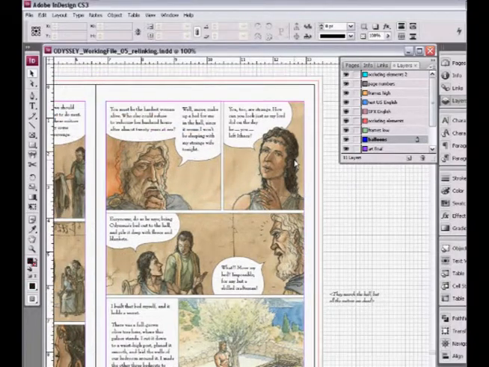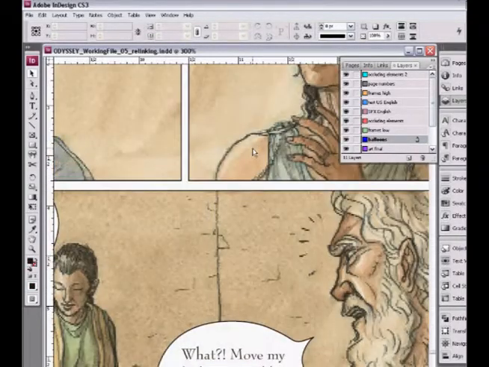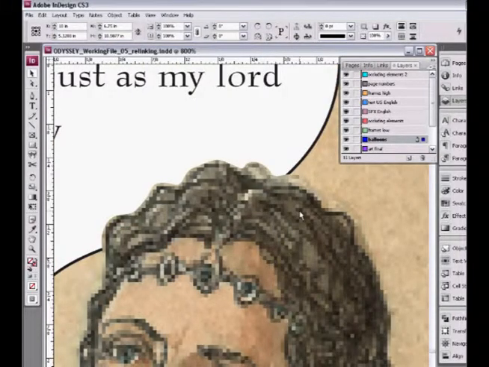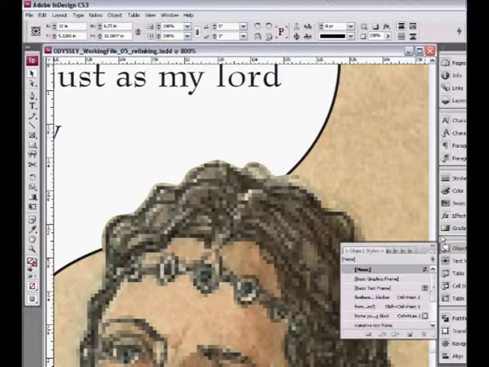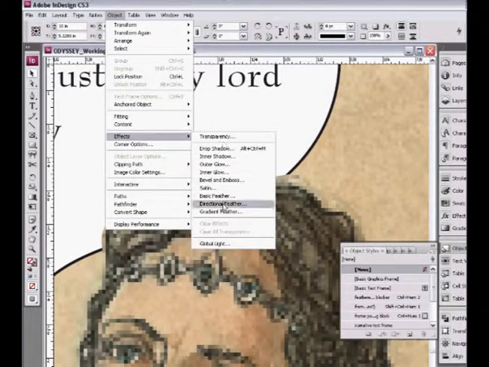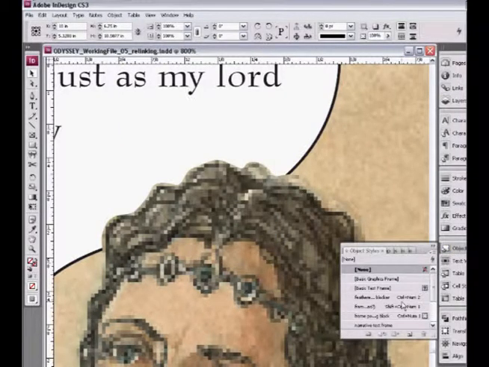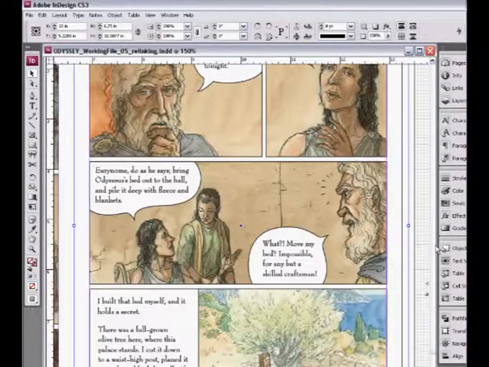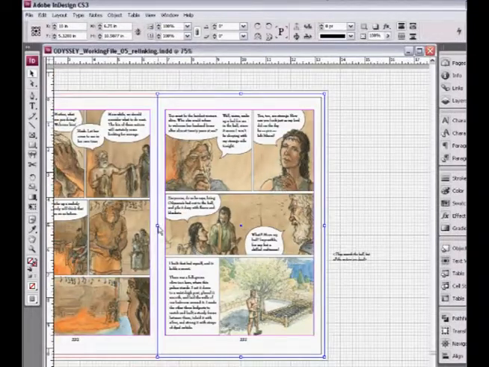And the only thing here is that if we zoom way in, you're going to see that this creates a very, very crisp line. And it actually almost looks too crisp to my eye. So again, I've set up an object style. This is called Feathered Balloon Blocker, and basically all it does is it applies an effect which is called Directional Feather, and I've feathered it in all directions by a teeny tiny amount so that it just creates a little bit of a blurred edge. So let's apply that, and that's what it looks like. And that's why I left a little space around the outline for that feather. So if I zoom out now, I'm gonna trim this object down because I don't need it blocking up the